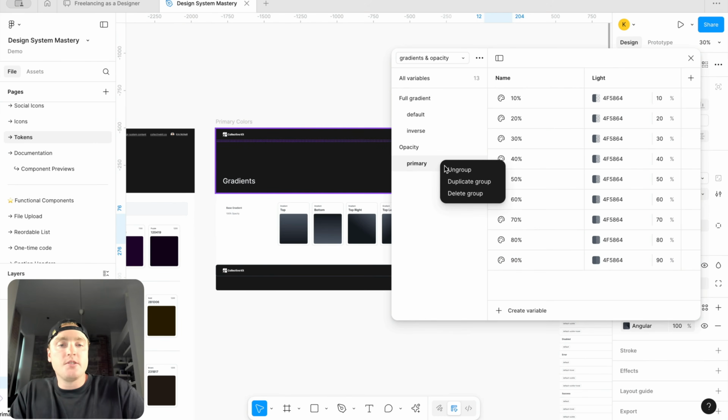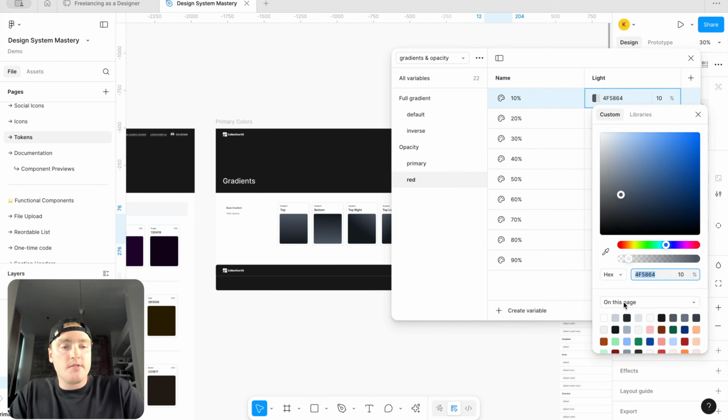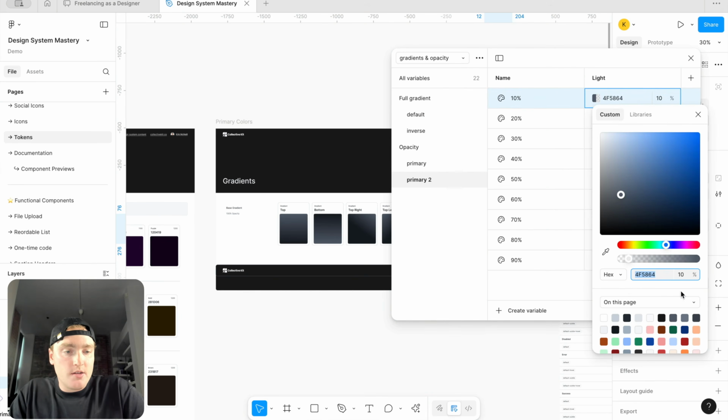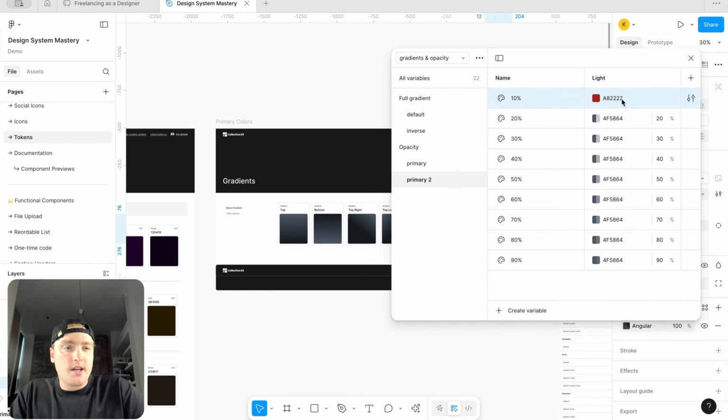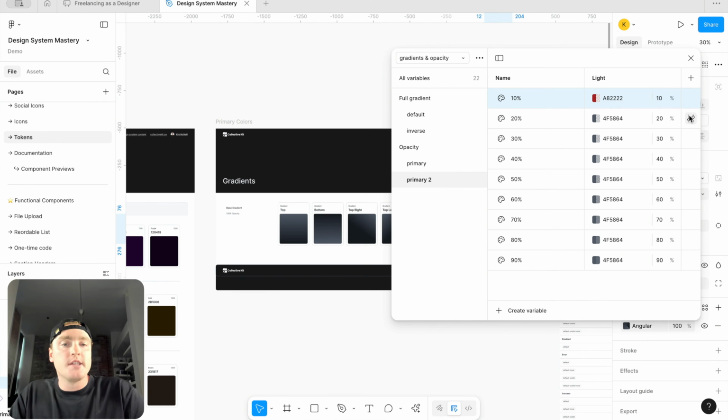Now, if I had additional colors that I would use, I can just duplicate this group. And I can just set this to red and then change all of these to our red color if we needed to. Sorry, let me delete that there. Let's try to find a red color. There we go. Let's set this to 10%. So we just change the hex code out and we can set this to our red or also to our error as well. And again, we can use that approach if we do have like 5 or 6 different colors